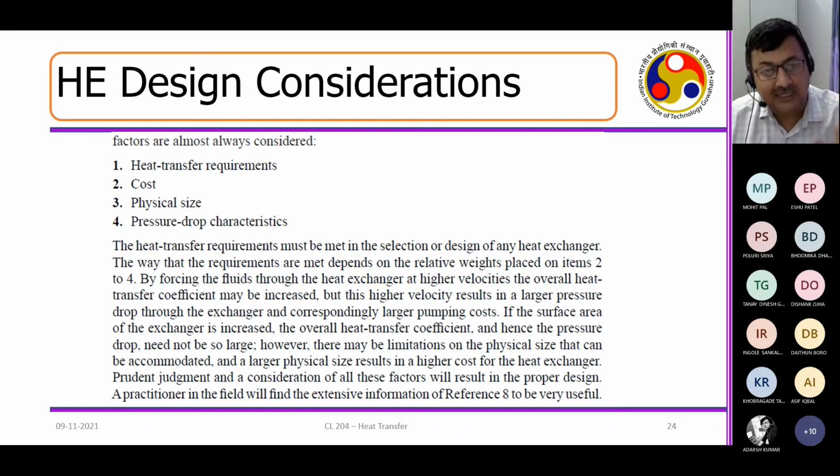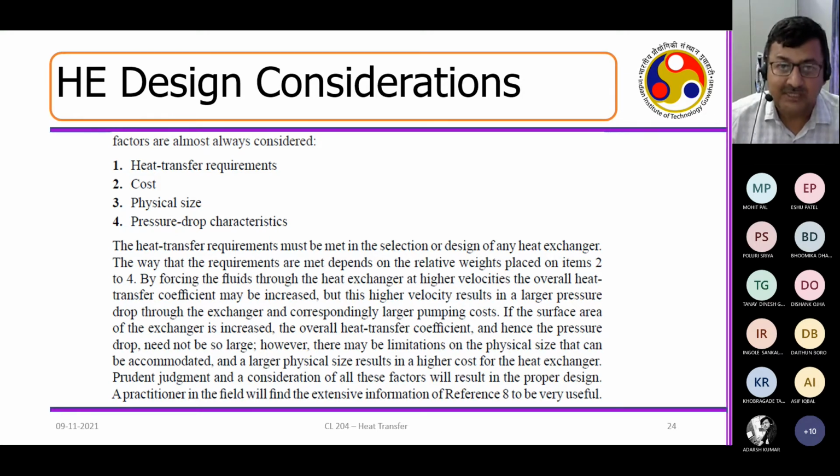So if you have really understood whatever fundamentals have been taught, and if you have understood these 4 points and go chronologically from top to bottom, because heat transfer requirements will be the first, they will fix that, this is where you will have constraints. They will say the hot fluid cannot be beyond 120 degrees centigrade, that is not allowable, so you have a limit there. Cost, they will say I cannot spend more than this. Physical size, they will say this much space is available. And pressure drop characteristics, again, is associated with the cost.